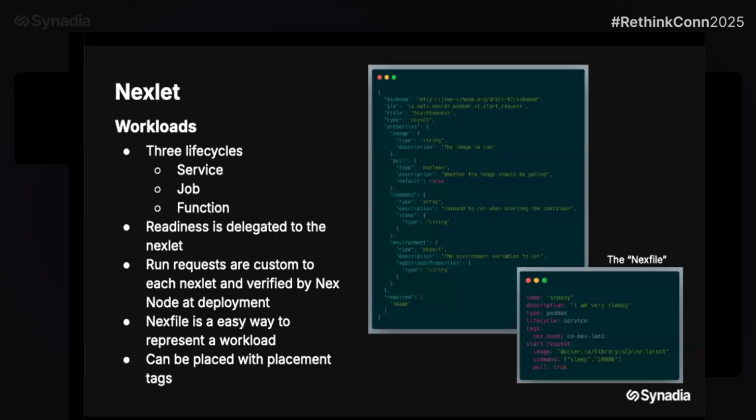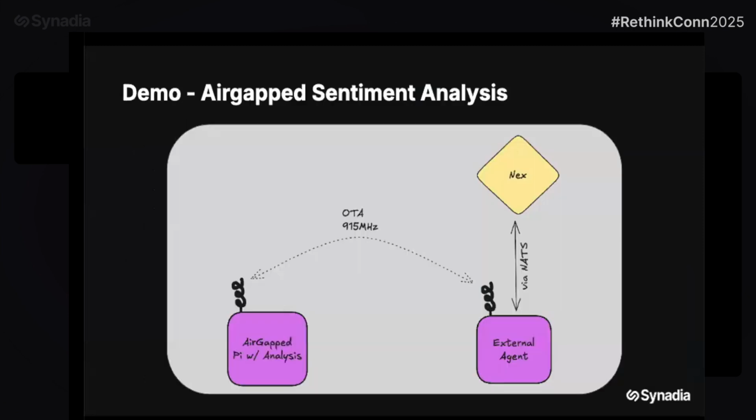And then we make DevX things like the Nex file. It's essentially a more succinct way to start a workload without having to type out a bunch of commands. So I'm going to try a demo. I will explain it first. Locally on my computer, I'm going to start Nex. I'm going to start it with no agents. Then I have a Raspberry Pi in the other room that I've SSH'd into. I'm going to start the agent, or the Nexlet. You're going to see the registration, and then we're going to start a workload on that Nexlet.